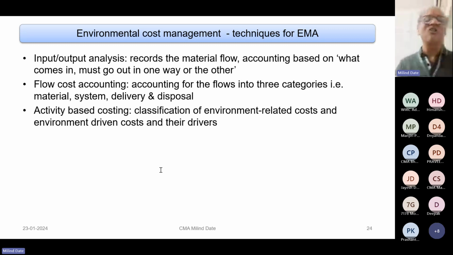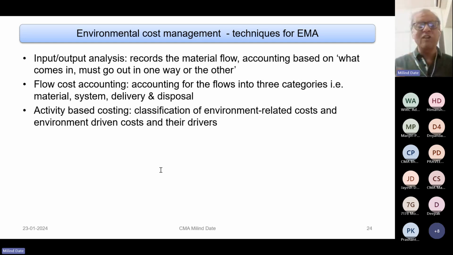Environment related costs are, for example, voluntarily incurred for management of environment by the companies, like pollution control. I gave you the example, waste management, or introduction of environment management services like ISO 14001. Companies may invest into eco-friendly technologies or renewable energy projects are taken up. Whereas on the other hand, environment driven costs are always those which are